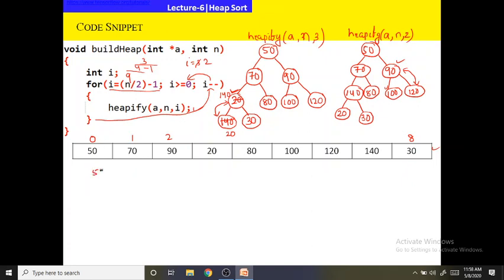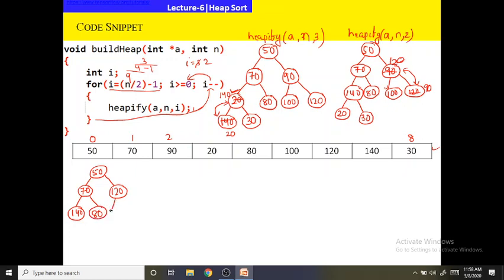50. Left child, 70. Next here we will get 120 and here we will get 90. Next, here we will get 140. Here we will get 80.